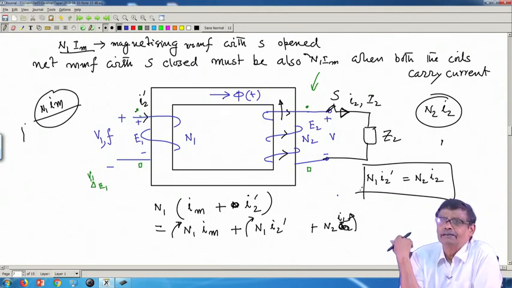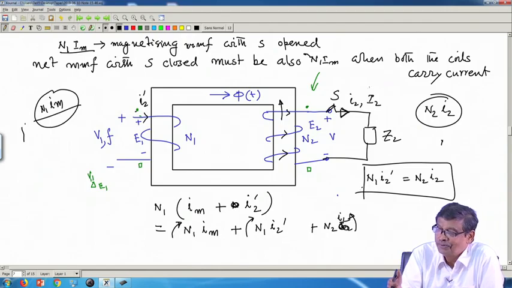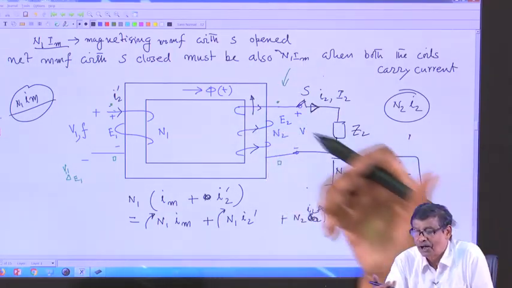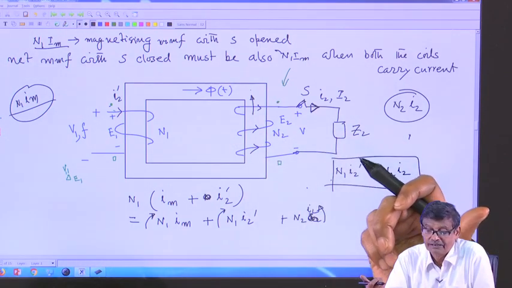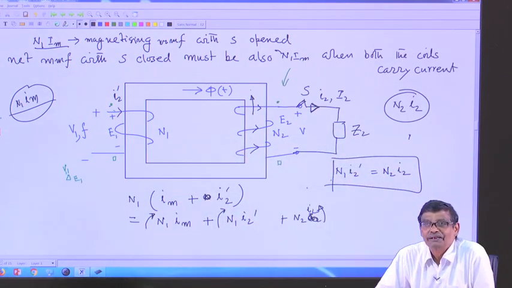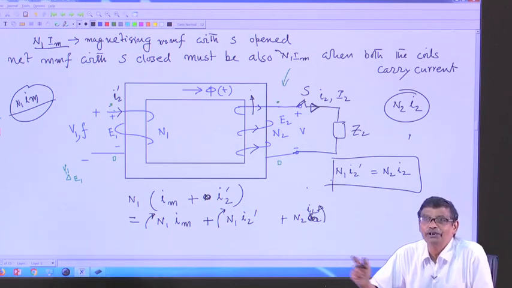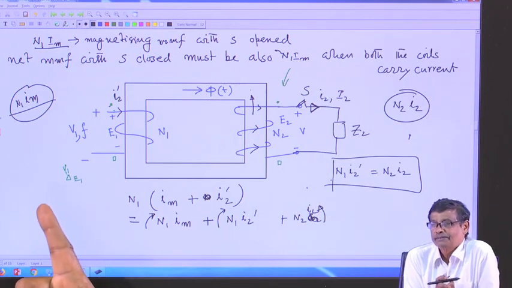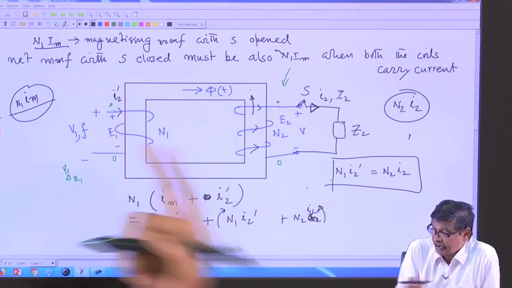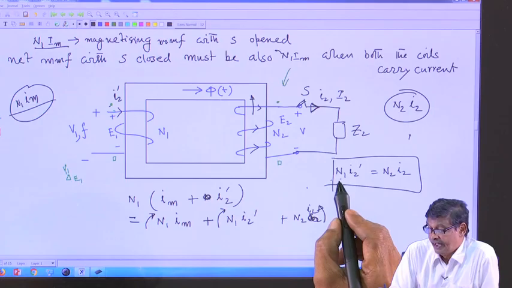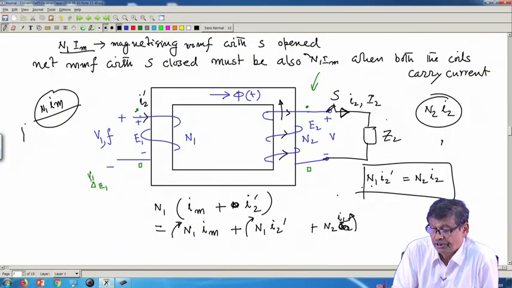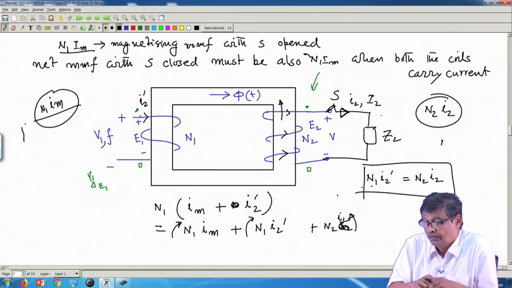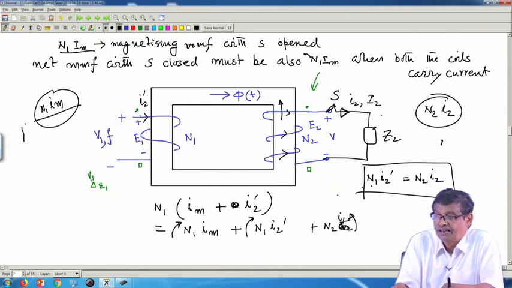That is why people say the moment you want to draw current or power out of the secondary terminals of a transformer, primary cannot be a mere spectator to this event. The moment you do this, primary will react. It will draw additional current such that N1 through the dot terminals, mind you, through the dot, if you show the current going out, then only these two fluxes will MMF.